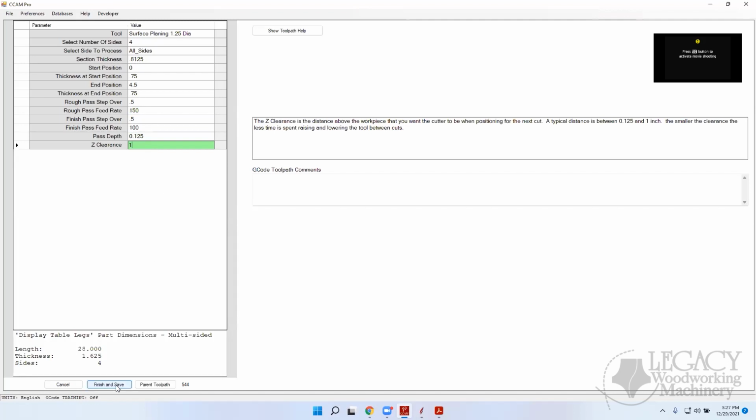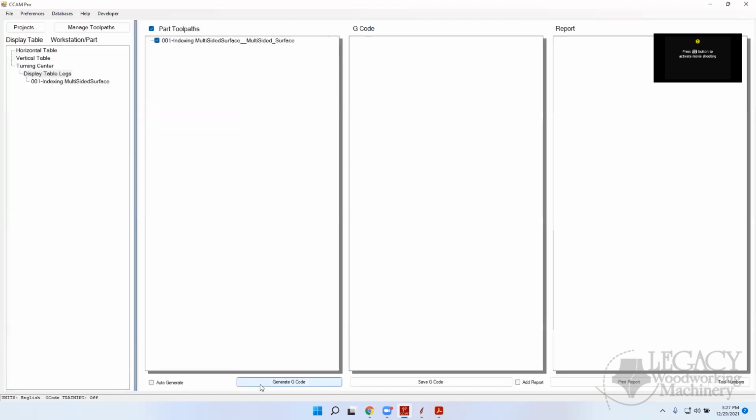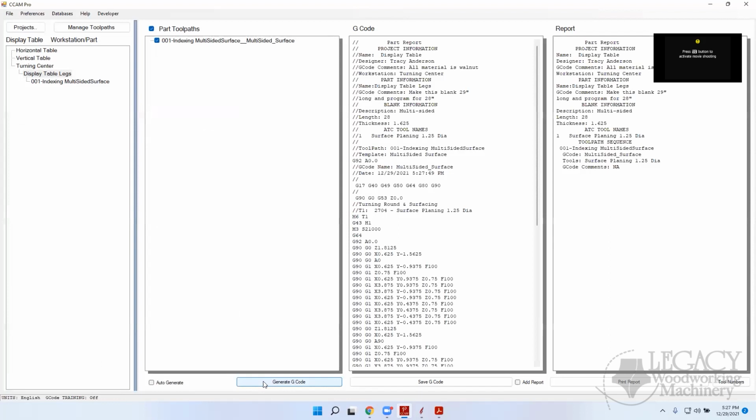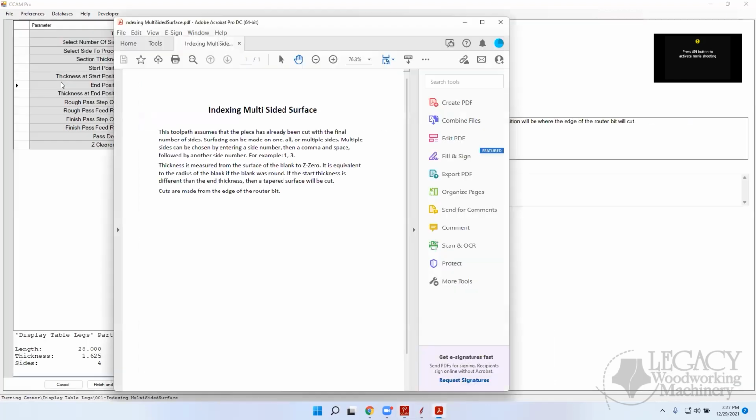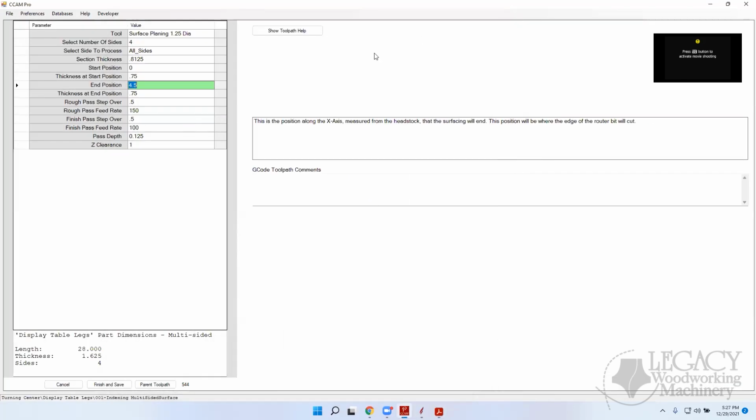Okay. And then let me move this out of the way. I'm going to click on finish and save right here. And if you want to see the code, you can click generate. John, go back to the comment on that last thing you set, the 1 inch, because I was reading that and it says the Z clearance is the distance above the workpiece that you want the cutter to be when positioned for the next cut. So it doesn't take into account